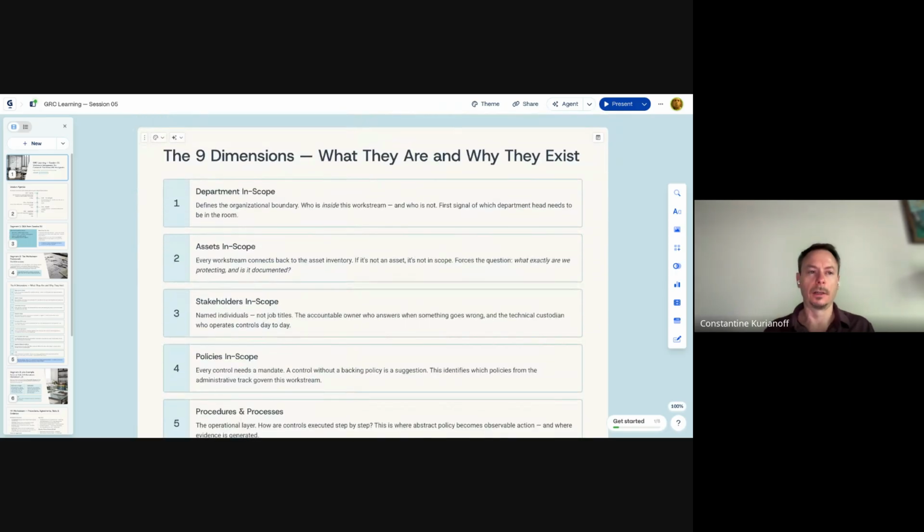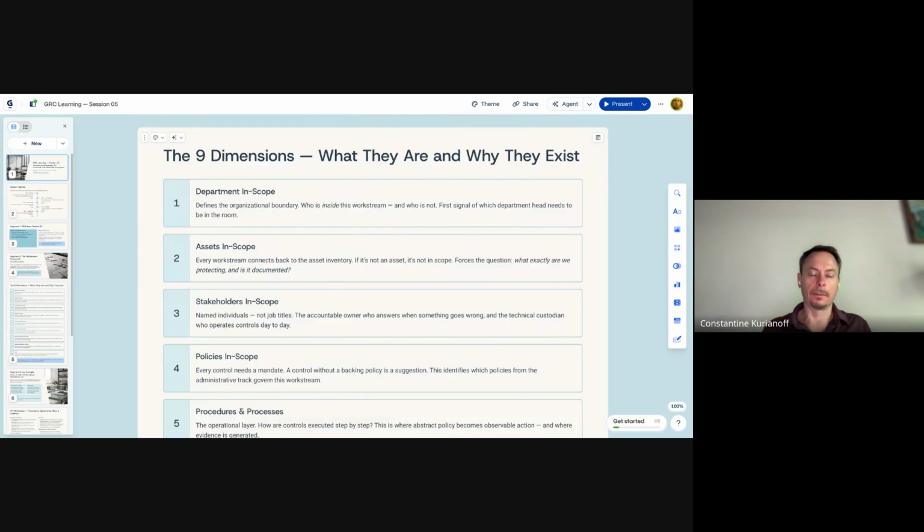And for that reason, I'm sharing with you the 9-dimension framework for managing each work stream. Let me restart real quick. The first dimension: what departments are in scope of the work stream. If the work stream is about HR security, then it's HR, legal, whoever else is involved in HR or third-party management procedures. If it's IT device management, then the IT department is in scope, and whatever other departments may be involved in device procurement and other things.